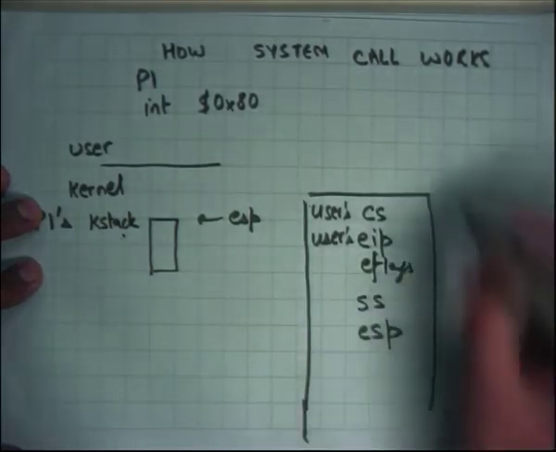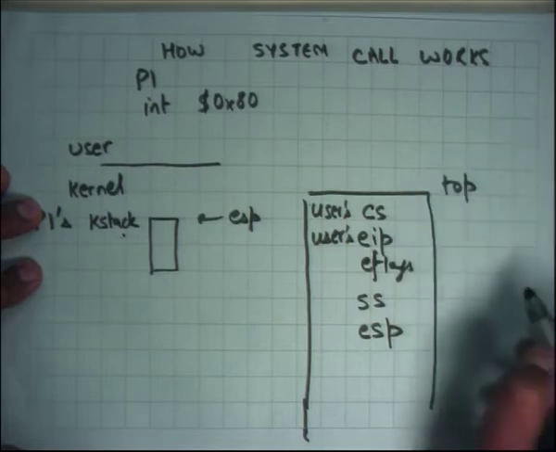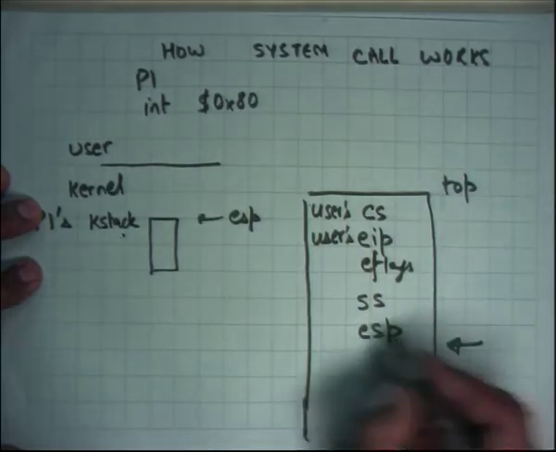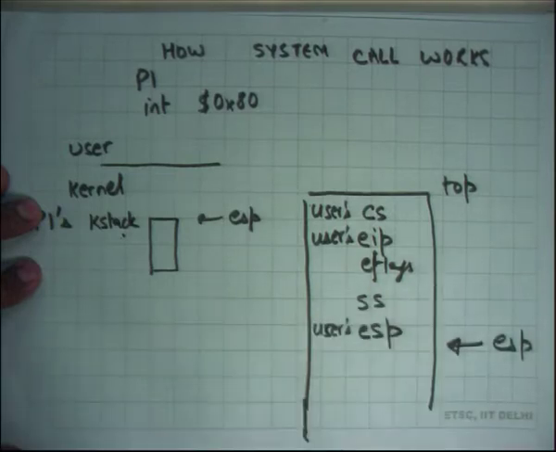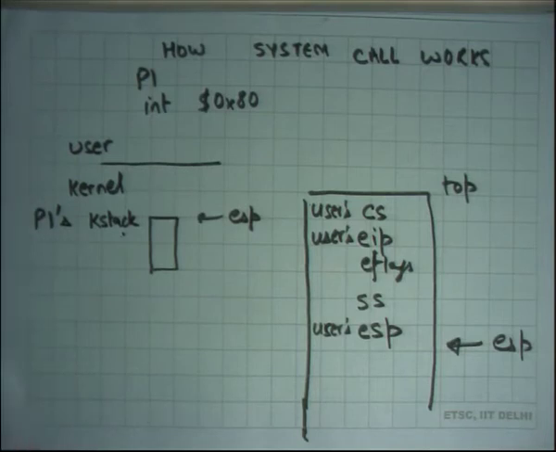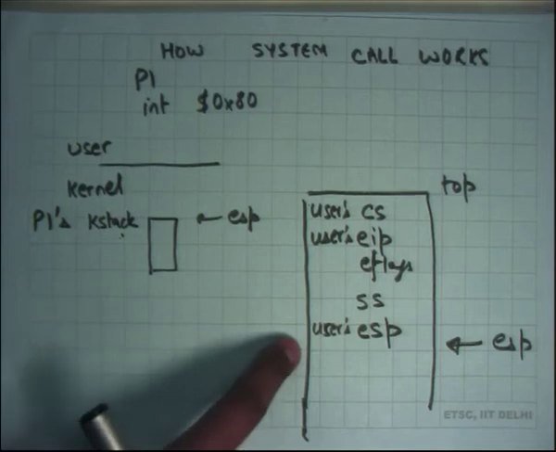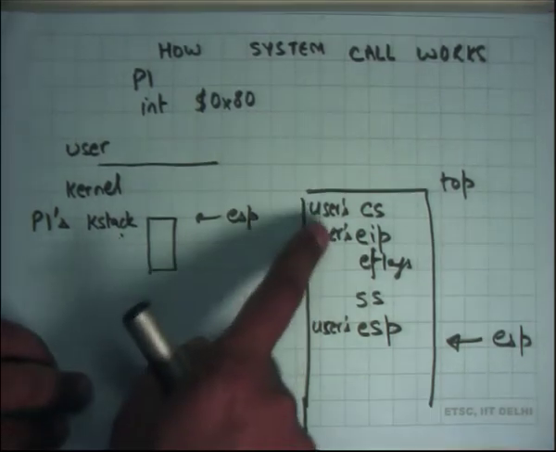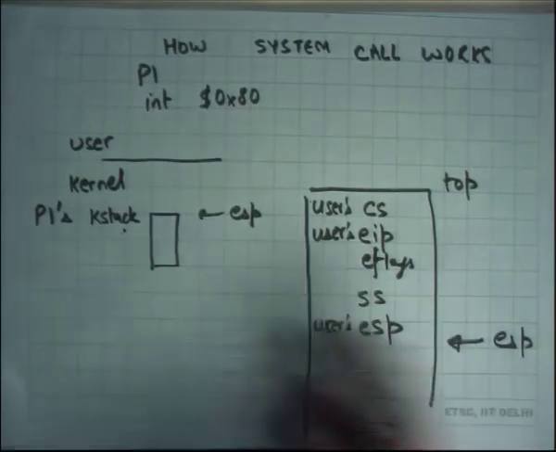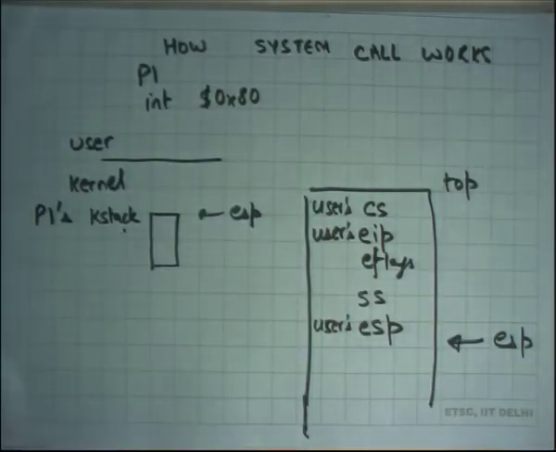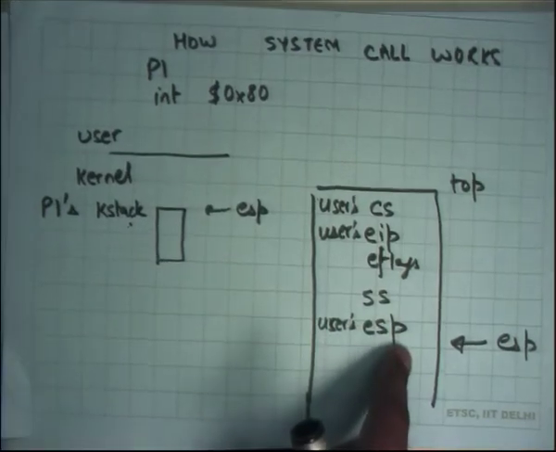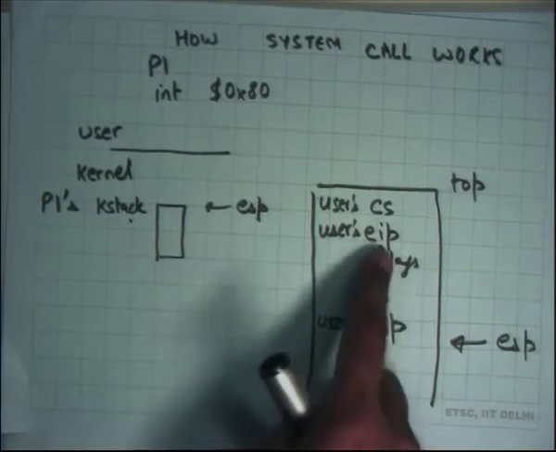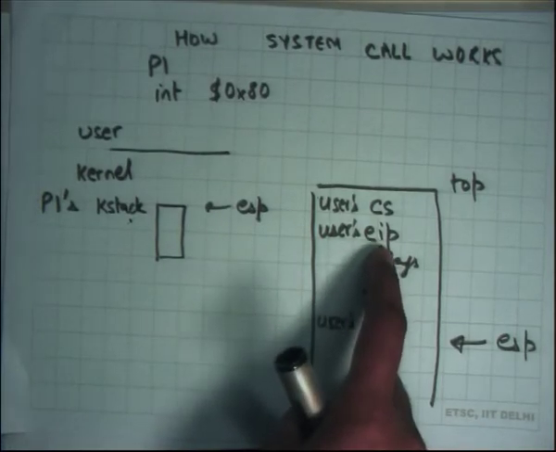on the K stack. So let's say this was the top of the K stack. So now the new ESP points here, right? And let's say this is the user's ESP. Okay. So that's what happens immediately after you make a system call. As soon as the interrupt instruction is executed, the state of the architecture starts looking like this: CS, EIP, EFLAGS, and the stack has shifted. So whatever was the user stack, that is of no consequence. It has just been saved. Whatever is represented by ESP, and this ESP must necessarily be a pointer in the user's address space. Similarly, this EIP must necessarily be a pointer in the user's address space, right? Okay.